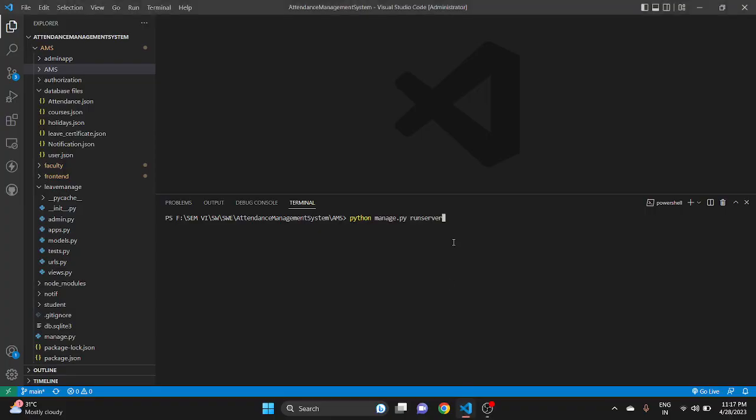So, hello everyone. This is the live demo for the Group 10 project, which is based on the topic attendance management system. Firstly, we will start with the project description, which is the purpose of the attendance management